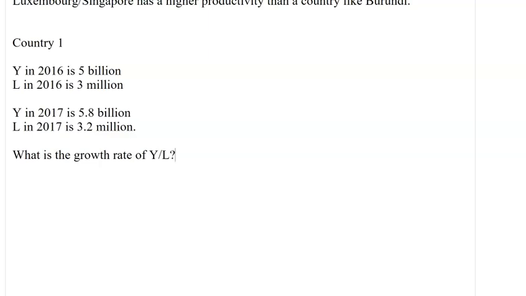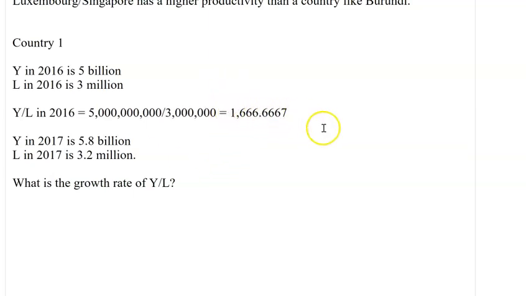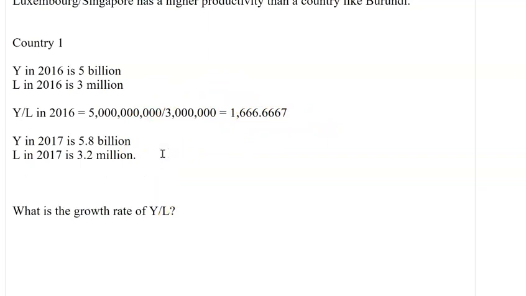So in that case, if I have this information given, then I can find Y over L in 2016, which would be equal to 5 billion divided by 3 million, which becomes 1,666.67. Now, that in 2017 would be 5.8 billion divided by 3.2 million,